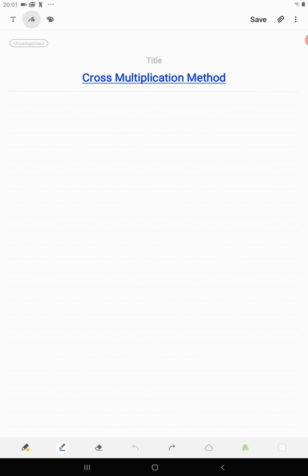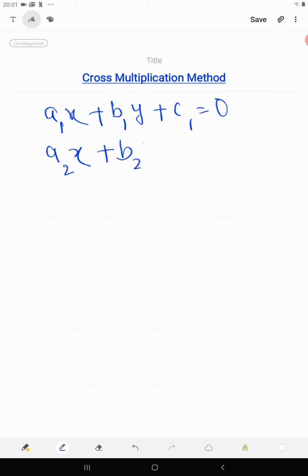I want you guys to make some quick revision. If you remember, if we have two equations, a1x plus b1y plus c1 equals 0 and a2x plus b2y plus c2 equals 0, so this is our pair of linear equations. This is equation 1, this is equation 2. So if we have a pair of linear equations like this, then we know that